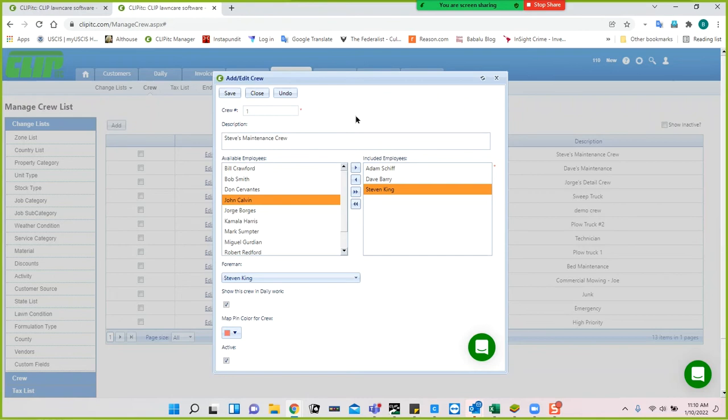We recognize that a couple of things could affect this. One is you may not know who's on the crew any given day, and managing this is really not that cumbersome, but it may be something you wish you didn't have to do. When you do use the app, which we recommend, in the app,